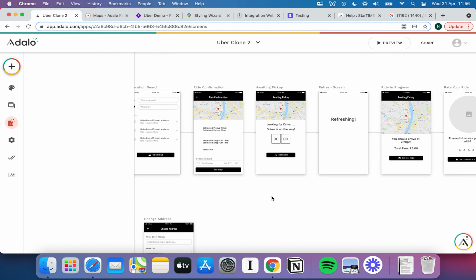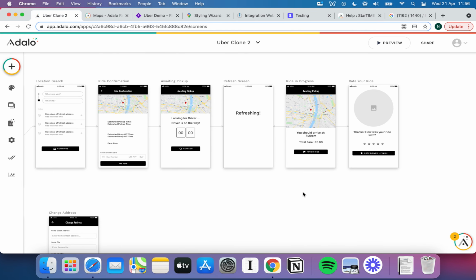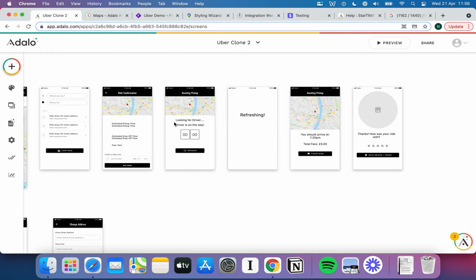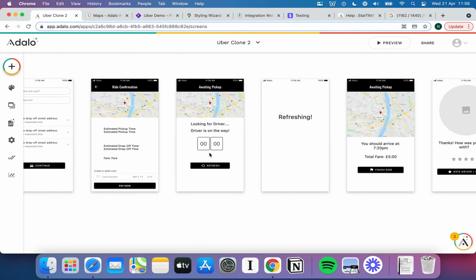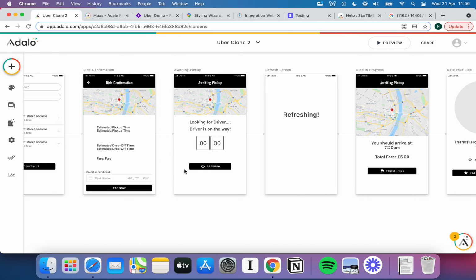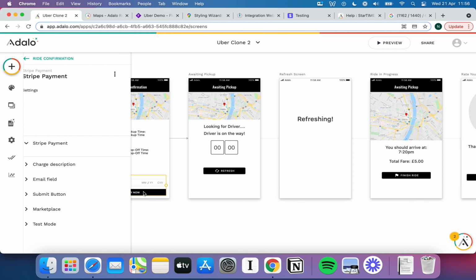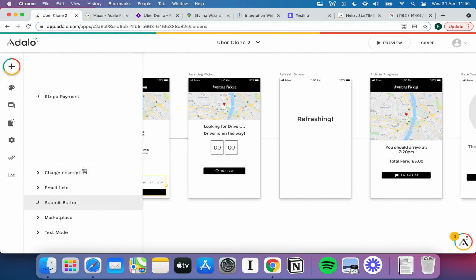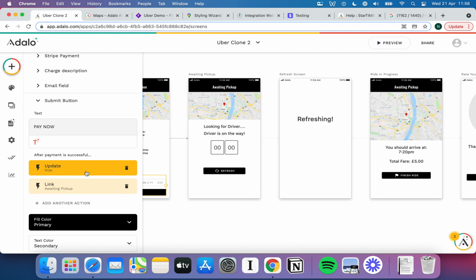So we've made a ton of progress there. We've just got to a really good place. We're now as far along as this screen here, and let's start making some of the changes that we need to make for this to work. So a quick reminder, when we hit pay now, this is going to update the ride to let the drivers know that it's ready to go, and it's also going to take us to this screen here,